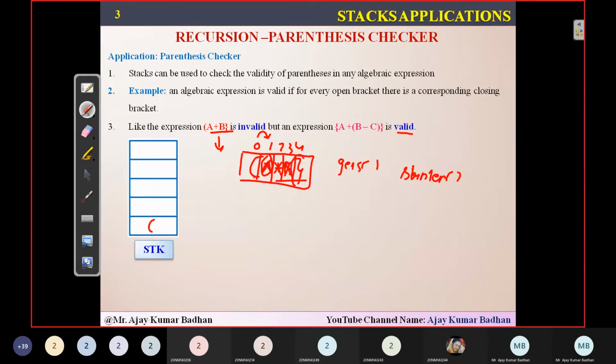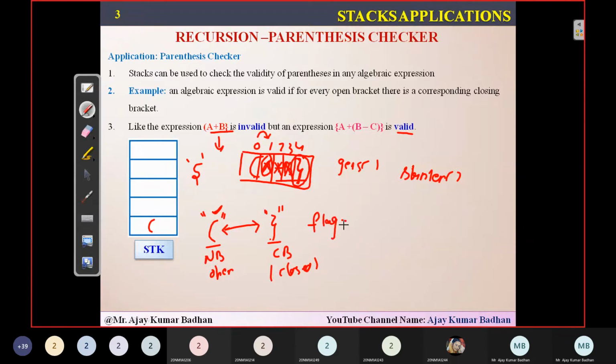Then if you see here, in this particular case, you got something called a closed curly brace. And when you got this closed curly brace, remove the element which is present in the stack. What is the element we have here? Open normal bracket. Now this one you will be mapping with the bracket which you have encountered, that is the closed curly bracket. This is a normal bracket, open one, and this is a closed bracket, closed one. But if you see here, both are not the same. For this closed bracket, you should have this one as the open bracket. But what is the bracket you got here? Normal one. So definitely flag.